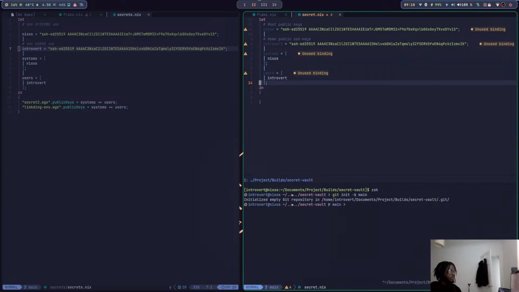So this means that we can always come back and add more users. The more our system grows, the more machines we have to configure. The more our machines grow, we could always manage the keys with this file if we want to. And then